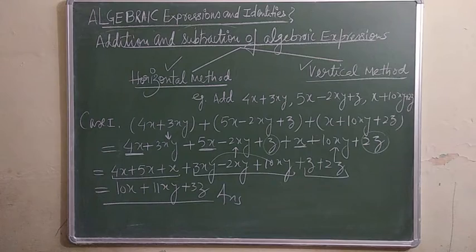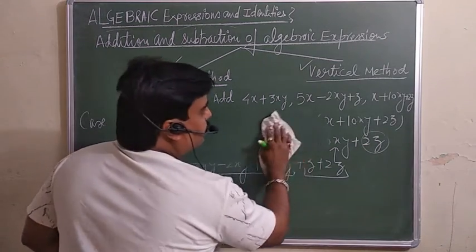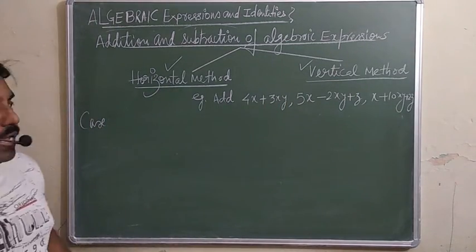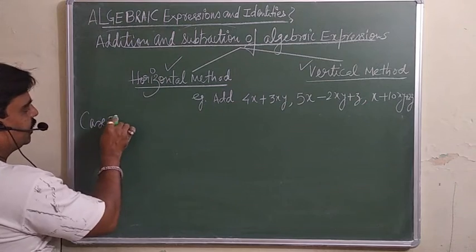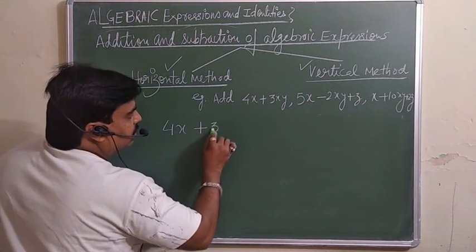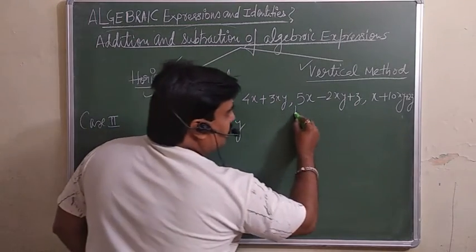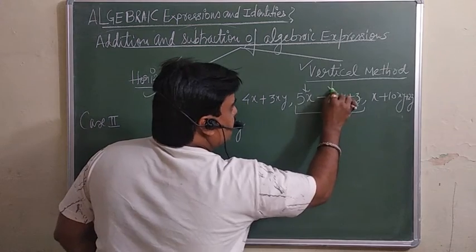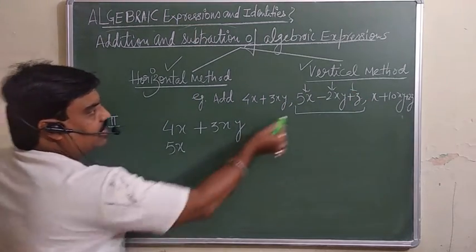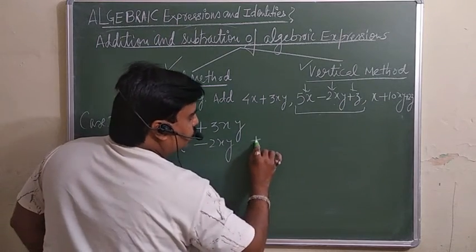देखिए look at here. कि सेकंड वी आर टेकिंग नाउ. इन वर्टिकल मेथड में हम क्या करते हैं, लाइक टर्म्स के नीचे लाइक टर्म्स, अंडर द लाइक टर्म्स यू आर सपोज टू राइट. सेकंड वर्टिकल मेथड वी आर अप्लाइंग. पहला फर्स्ट एक्सप्रेशन को यू हैव टू राइट डाउन. नाउ सेकंड इज देयर. जस्ट लाइक टर्म्स मस्ट बी रिटन अंडर द लाइक. 5x 4x के नीचे आएगा. दिस इज minus 2x विल कम हियर and z is separate, तो उसको अलग से लिख दीजिए.